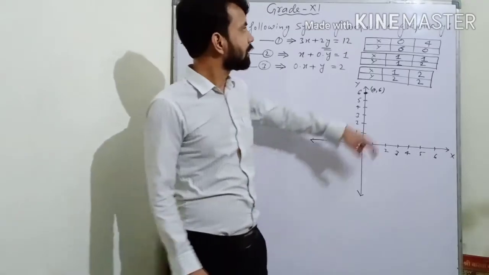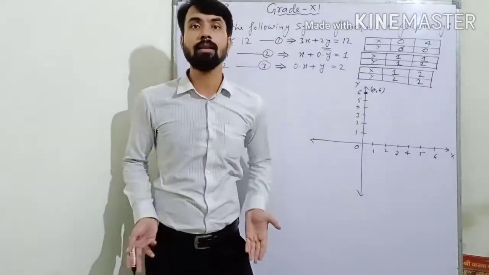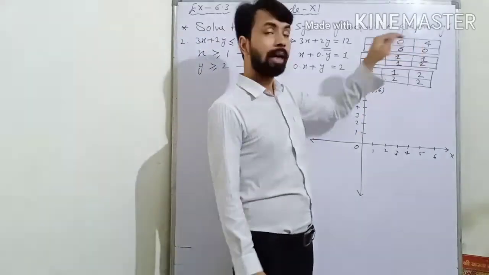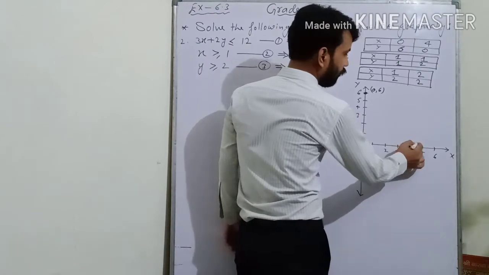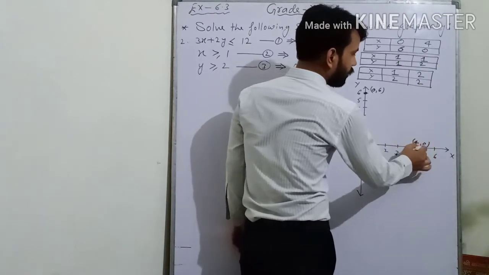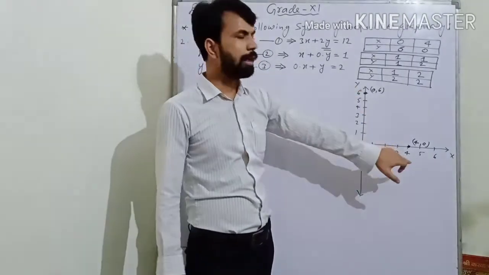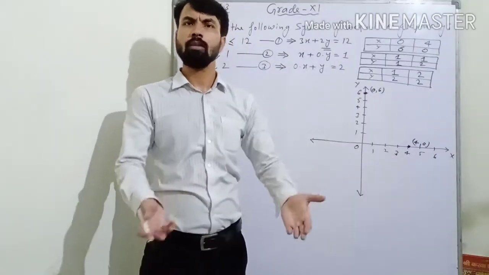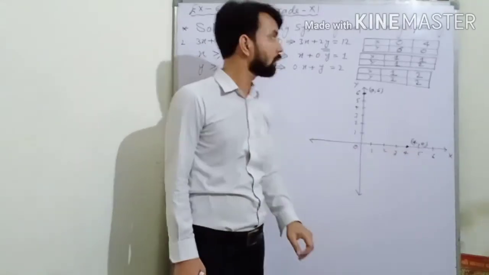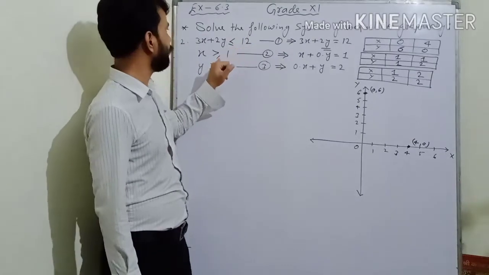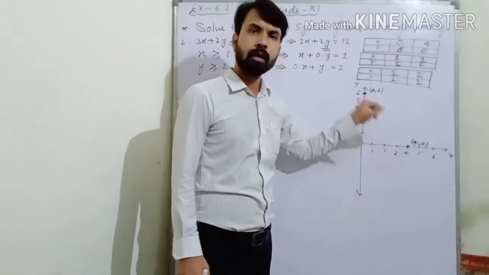Clear? The second point is x 4, y 0. Here y is 0, meaning the ordinate is 0, so this point will lie on the x-axis. So on the x-axis, this is the point (4, 0). Now we will join these 2 points with a dotted or a regular line. We have to check which type of line to use. In all 3 inequalities, the equal sign is present, so we will join these 2 points by a regular line.